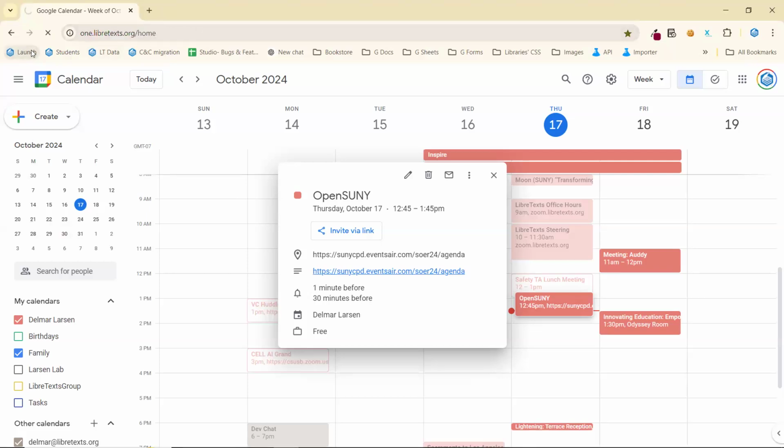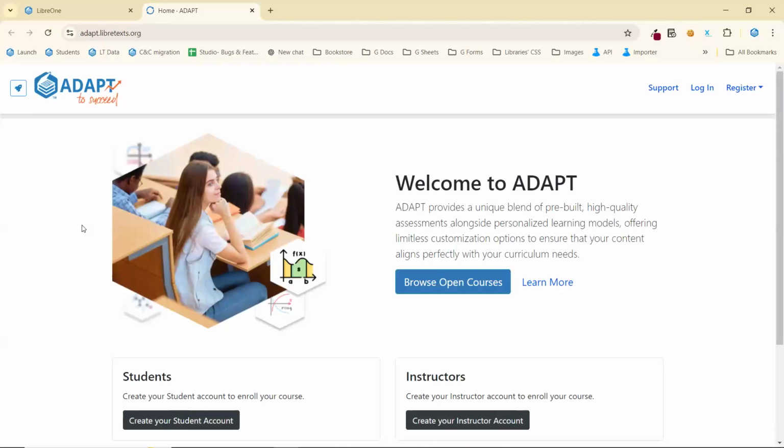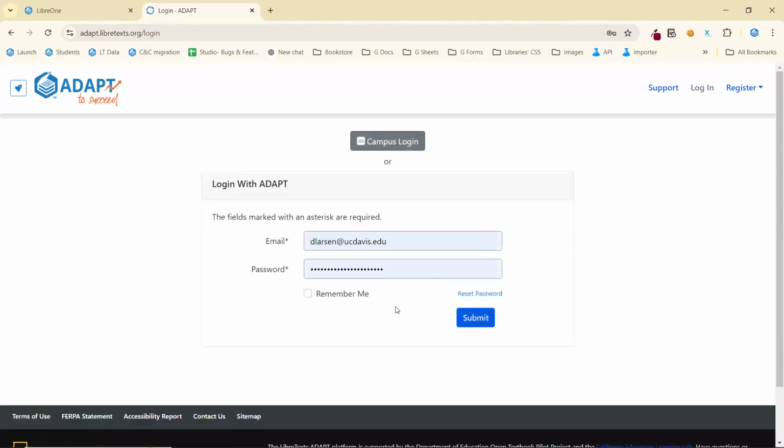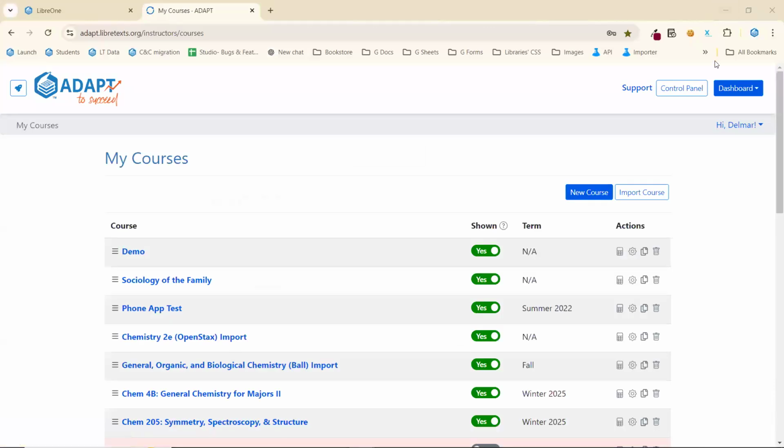So I'm going to go to that Launchpad. That was the URL that I pasted before, and it pulls up this page. I'm going to go to Adapt. And like I said, the accounts are freely available for any instructor to capitalize on. I'm going to try to minimize this. Okay. And I'm going to log in and show you that. Oops, now that got bigger. I can't minimize things on my screen. Okay, there we go.